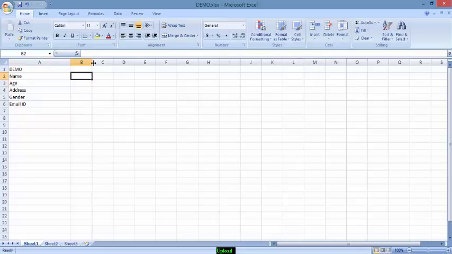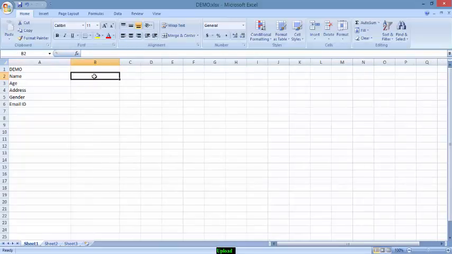Now we need to define the data input elements. For B2, which is the data input for the name, we have to give it a name here, an alternate name, so that XLApp understands that this is a text input box. So we can name it name.text. And then age.number, because age is a number. Address is again text, so address.text. Gender is again text. Email ID